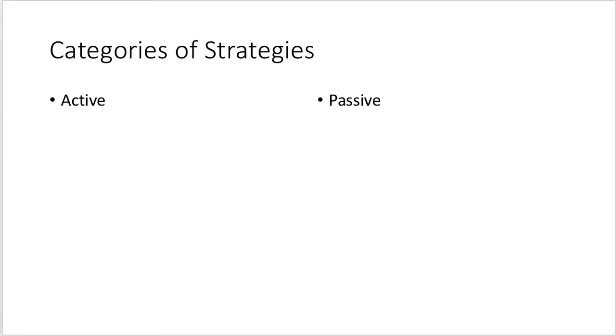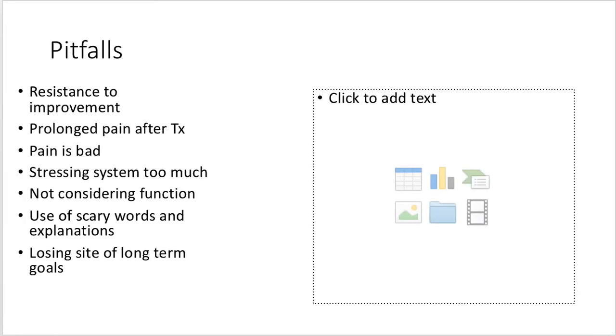Passive would be pretty much all of our modalities, right? So can you think of any modality where you're active? I'm trying to think. Probably high volt electrical stim. That would probably be one of the main ones that you would do actively. But other than that, most of those are passive. Some of our manual techniques are very passive. So you're going to apply those in the different ways in the different stages that they need to be applied in.